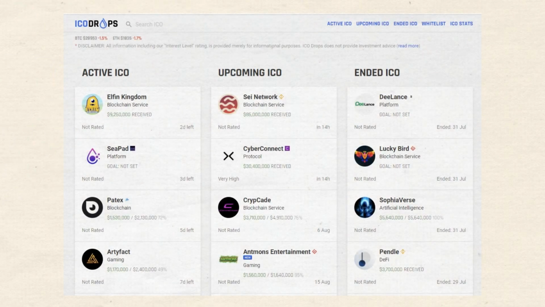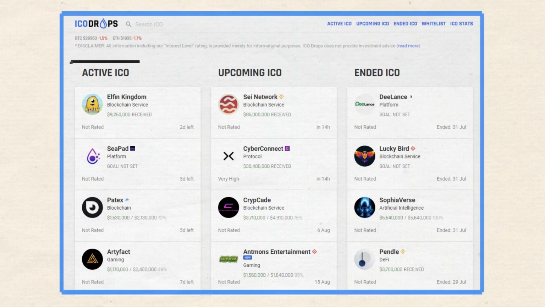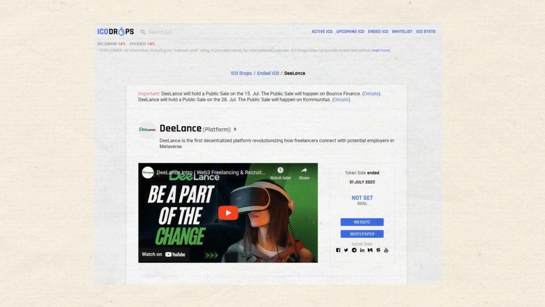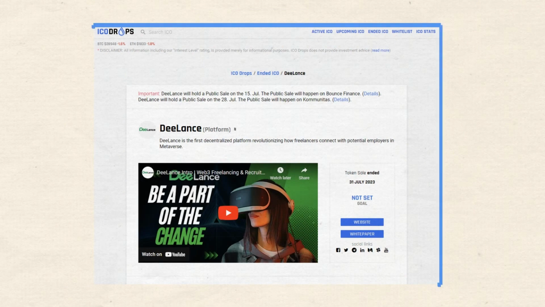ICO Drops has 3 categories of ICOs: active, upcoming, and ended. The dashboard isn't very complicated. Each project shows how much its funding round is looking to raise, or for released projects, how much it ended up getting. Click on the card for an individual project, and you can find all of the details you need